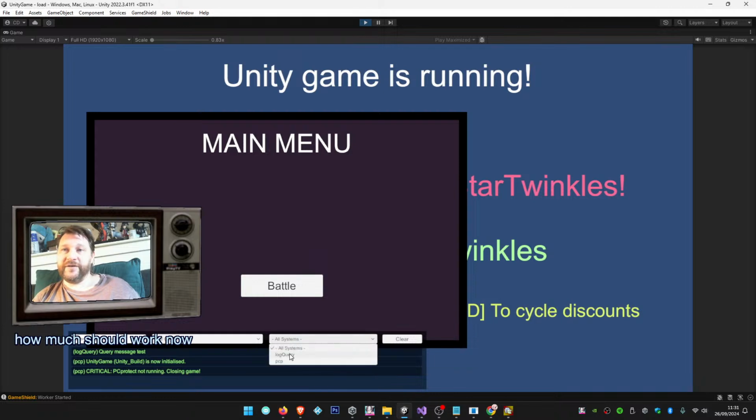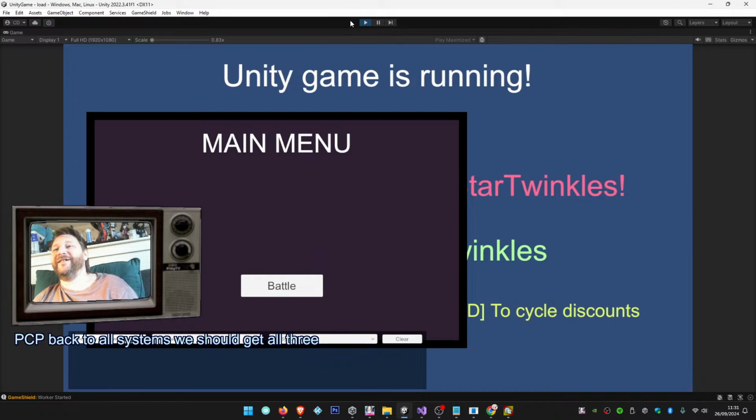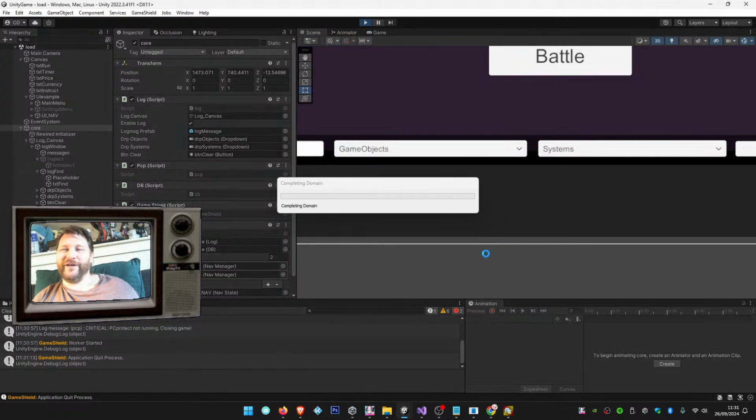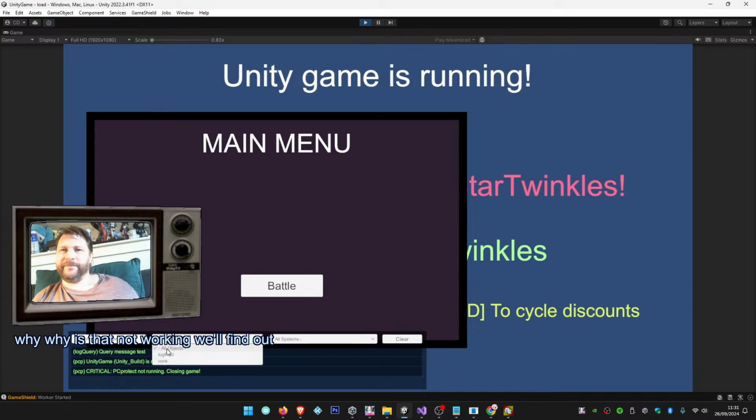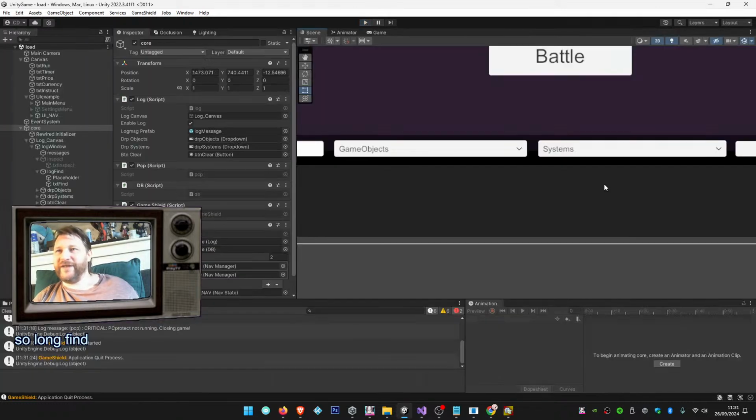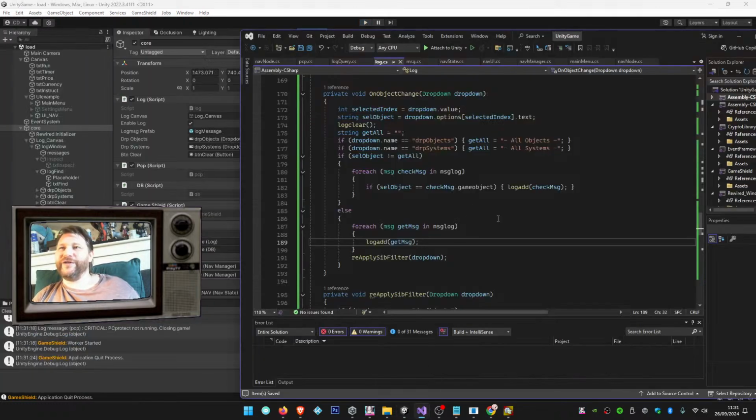So all systems, log query, PCP, back to all systems. We should get all three. God damn it. Why is that not working? We'll find out. It works on game objects still though, right? So log find core all objects. It works on, it's the same bug. Still works on